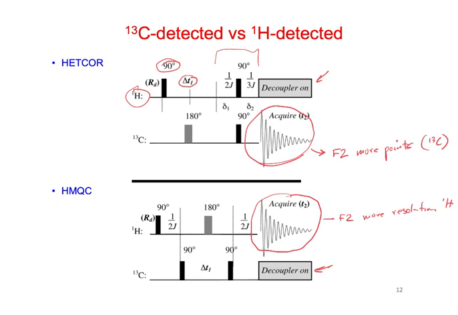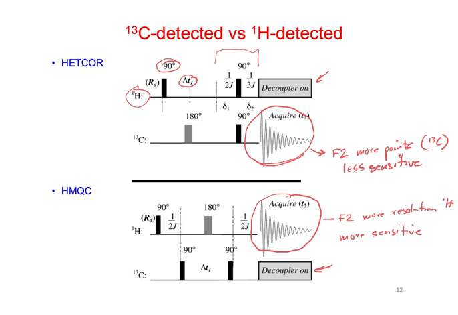So what we also said is C13 detection is going to be less sensitive, and this should be more sensitive. Right? Now the challenge is,